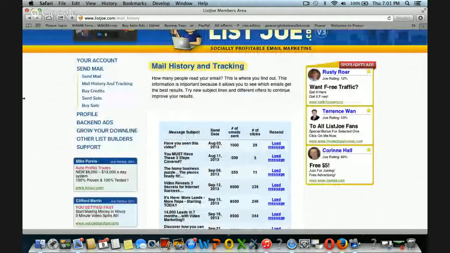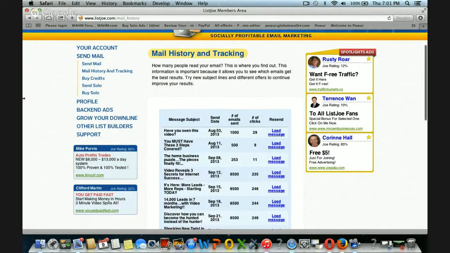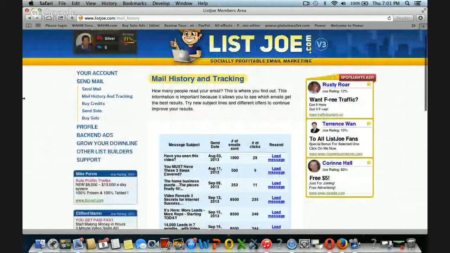If you've ever heard somebody talk about leveraging someone else's list, this is a form of that. This is certainly email marketing, but when a lot of people think about email marketing, they think about using your autoresponder and sending things out to your list, which is also email marketing.